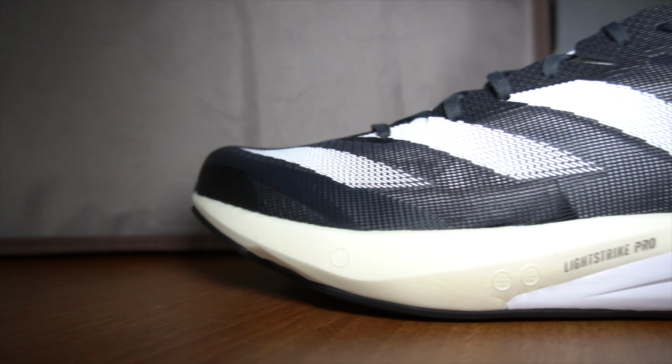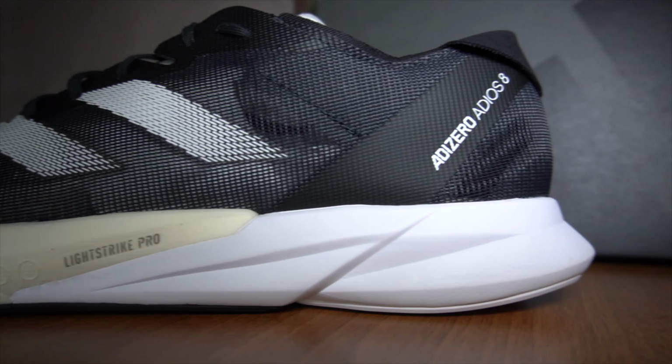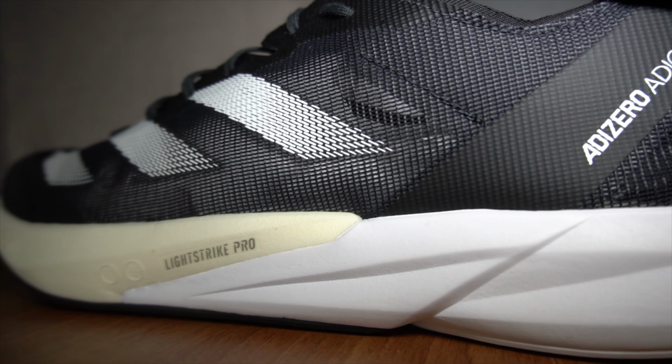The tongue here is partially gusseted inside the shoe. There's like some elastic sections. They don't take up a huge amount of space though. I feel it does take away a little bit from the aesthetic beauty of the shoe. You can sort of see that elastic section coming through the mesh. Does look a little bit unsightly, but what can you do? I guess they could have made it black or something, but